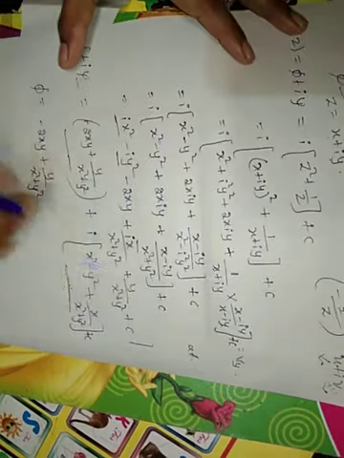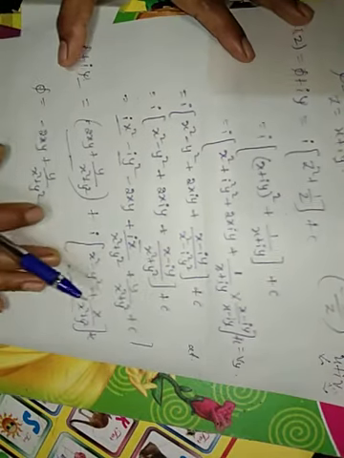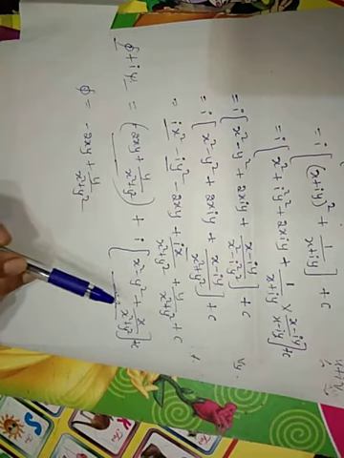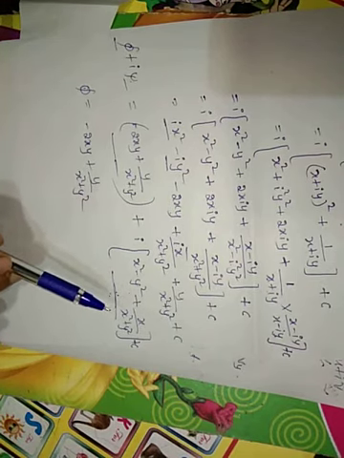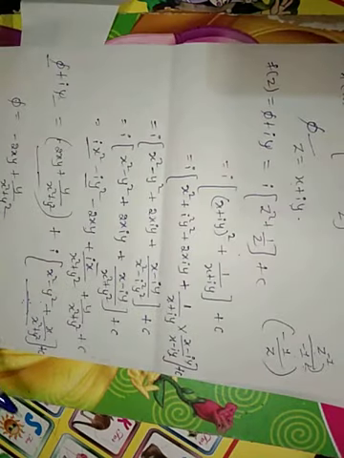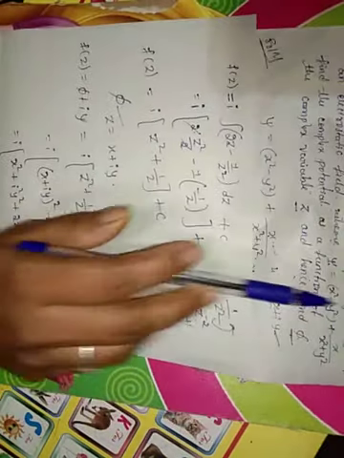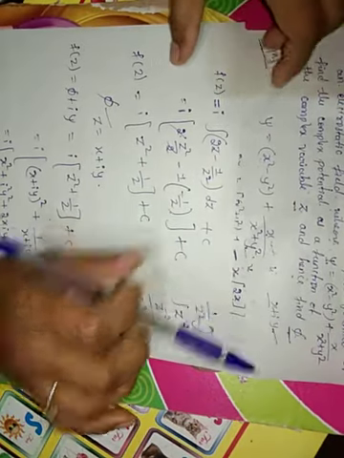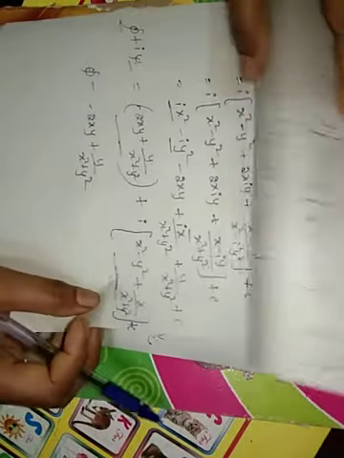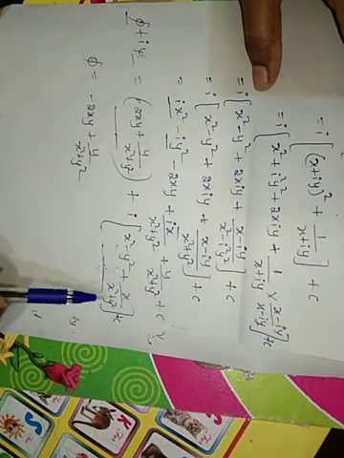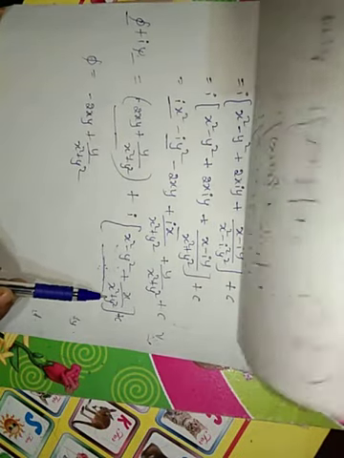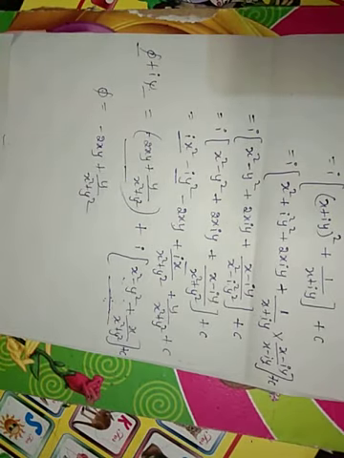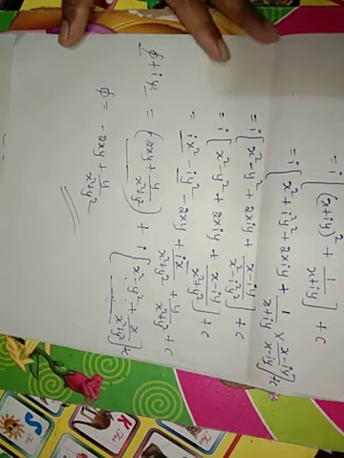y square. After substituting the z and after making the simplification, when we separate the real and imaginary parts, the imaginary part will be the same as the given question. See here, psi equal to x square minus y square plus x divided by x square plus y square. Here also we got the same, x square minus y square plus x divided by x square plus y square. So the real part is minus 2xy plus y divided by x square plus y square. So that is how to solve the example.